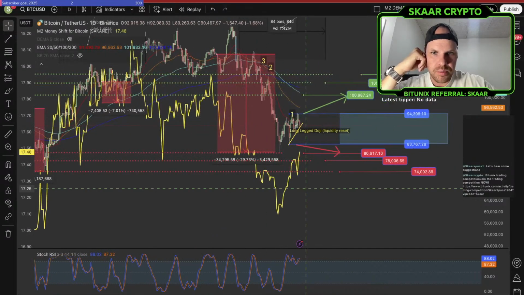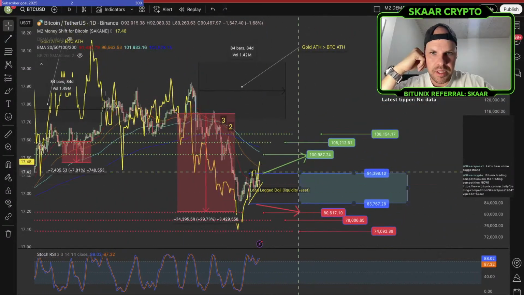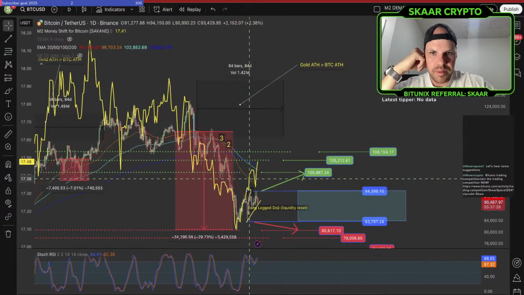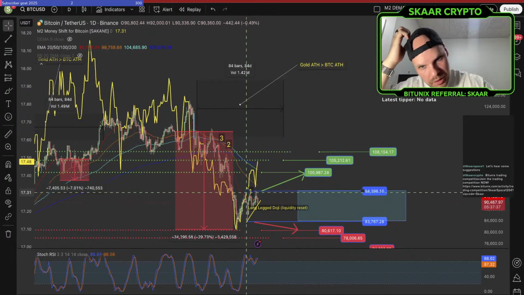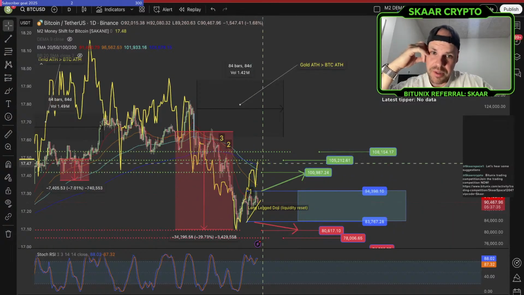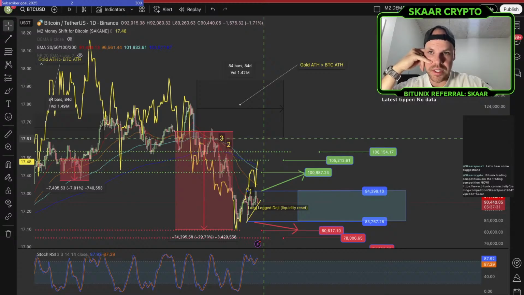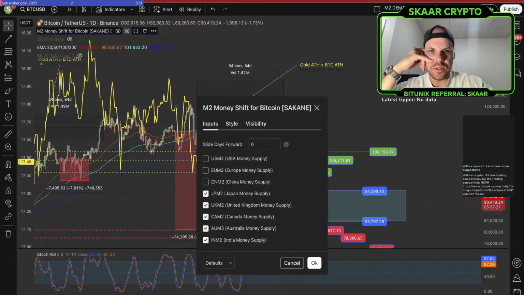So let's hope that this plays out the exact same way, saying that we are still ranging with these dumps, and then it looks like we're gonna have a sharp move, getting rate cuts, QT ending, and overall,